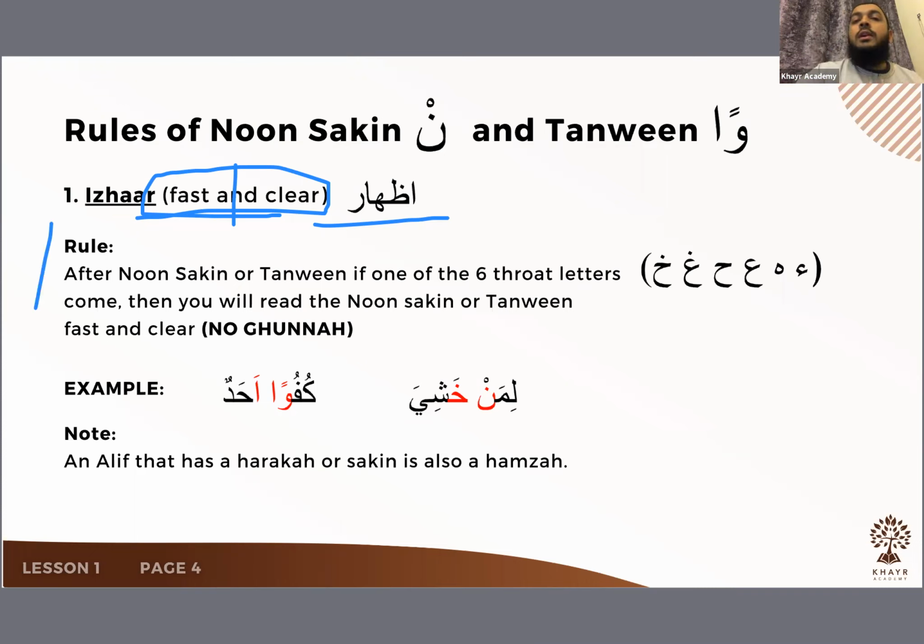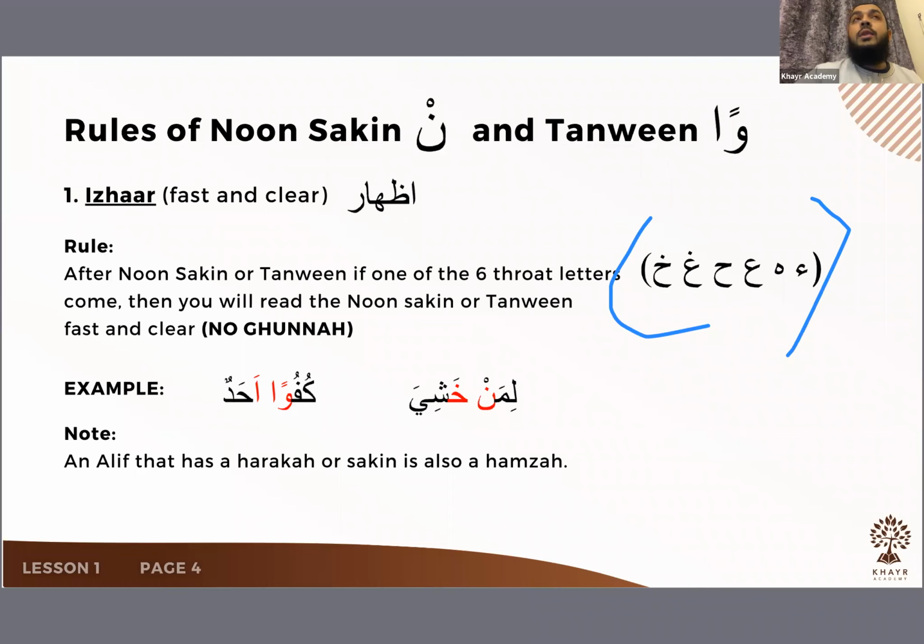What is the rule? The rule is after Nun Sakin or Tanween. Remember, all these 4 rules are going to have Nun Sakin or Tanween because they sound similar. After Nun Sakin or Tanween, if one of these letters come, what are these letters? These are the letters I want everyone to memorize. Hamza, Ha, Ain, Ha, Ghain, Kha. If any of these 6 letters come after Nun Sakin or Tanween,